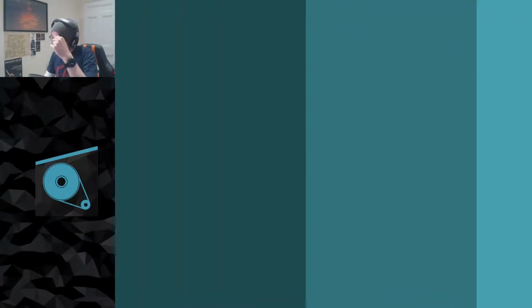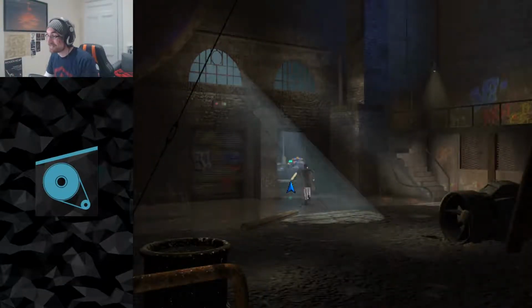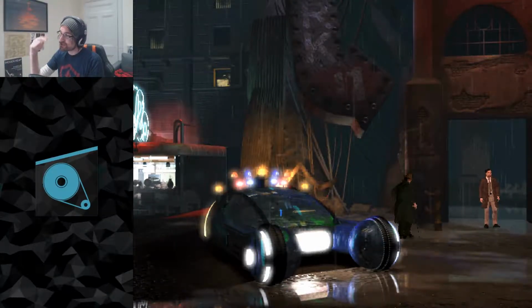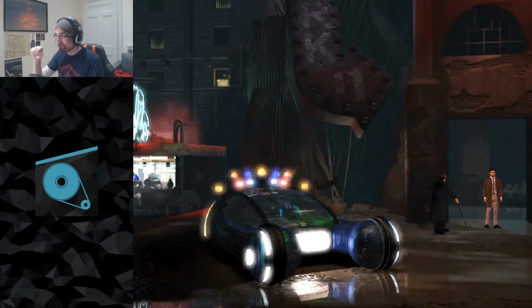So that guy was a replicant. We took him out. Because he attacked me first, so it's fine. So you can totally, like, the degree of stuff you can change in this game is kind of incredible, where...